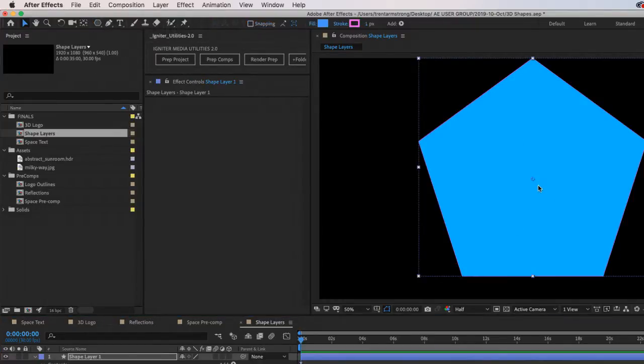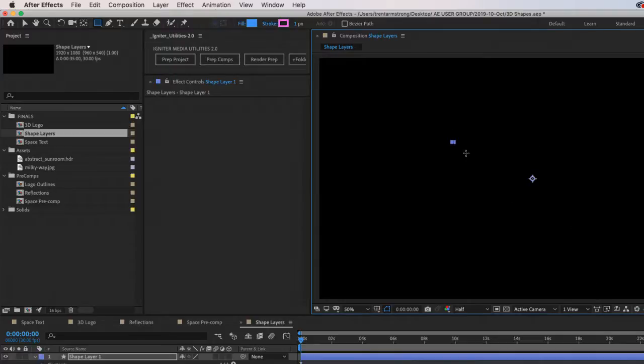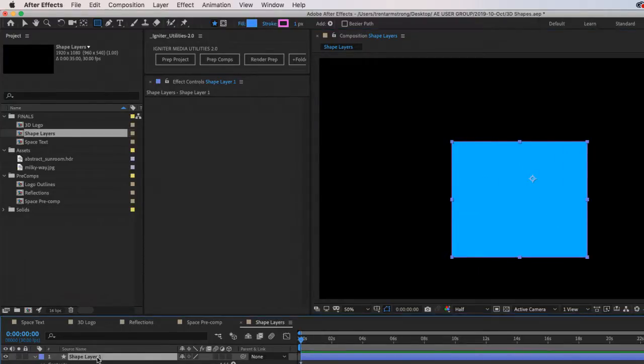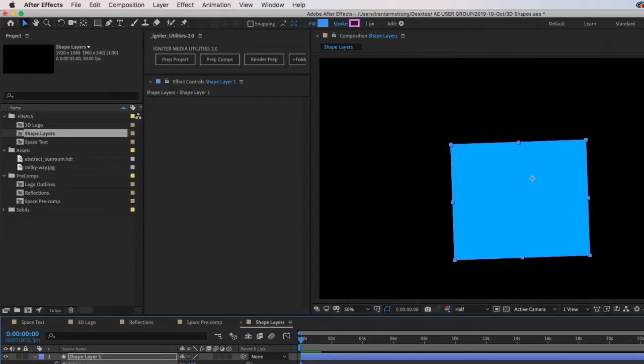It doesn't look like it, but it is, because it doesn't have this point down here. If you draw out a shape arbitrarily in here, you are drawing it off center from your anchor point. So if you're going to rotate, you're going to rotate around that.